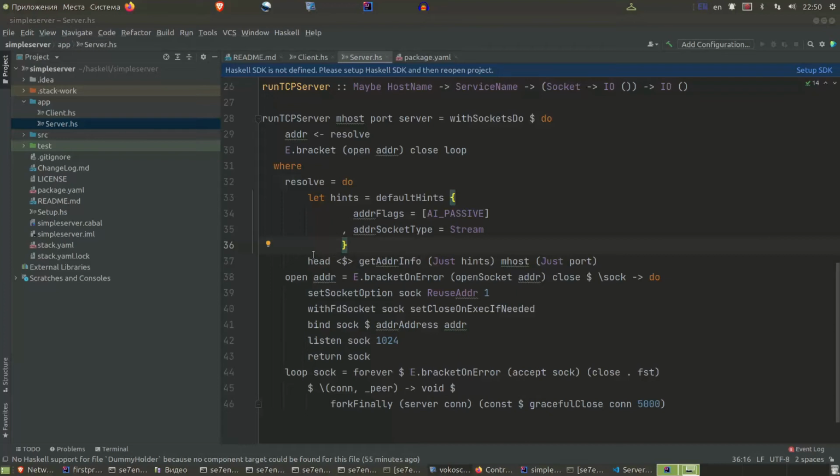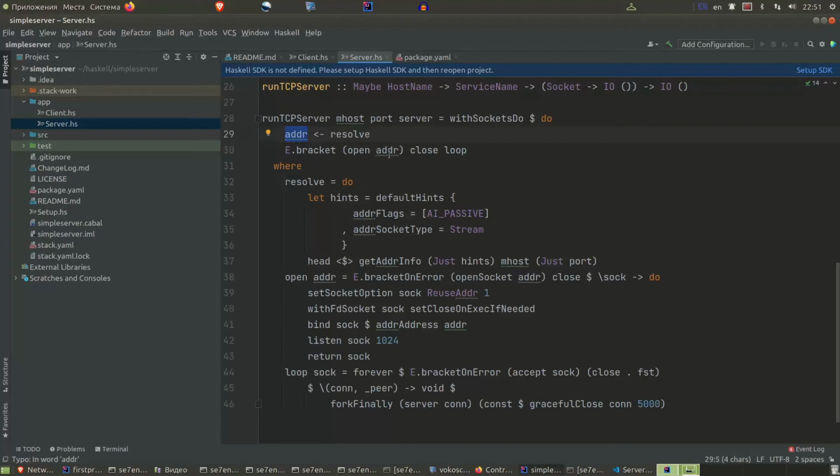It returns an IO list of addresses, and we pick out the best one with the head function. And here we extract this address from the resolve function's IO, and next we use this address